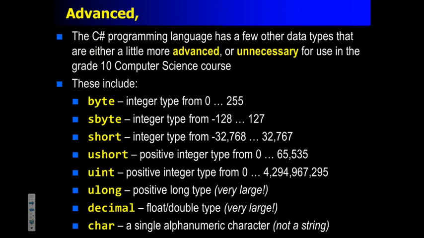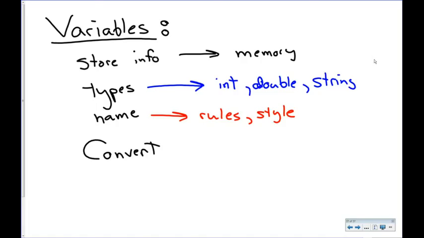Now that doesn't mean that these are necessarily going to be in other programming languages. They might not. There's a lot of similarity between C# and other languages, but they're not exactly the same. Okay, now, before I talk about this, one of the other things we did about variables, storing information, types, name, converting,